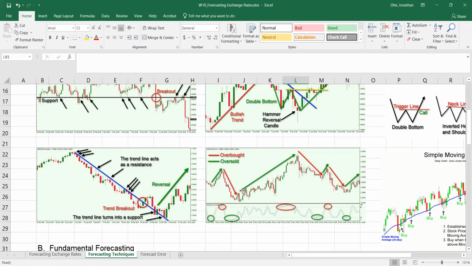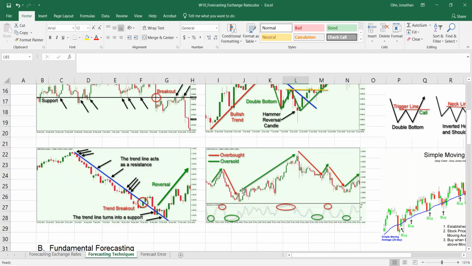So in this case, what would you do? So this overbought and oversold is called